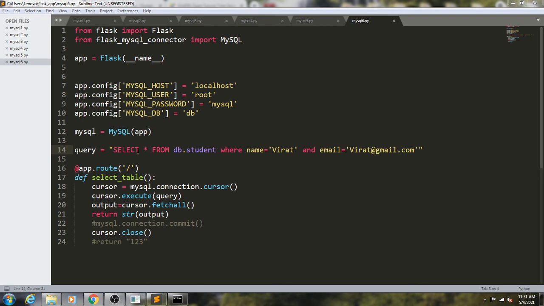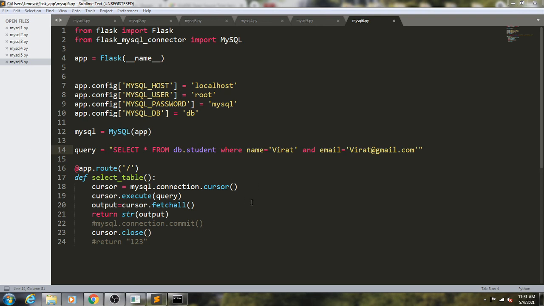In the previous example, we used select star from dbs.student, which gives you all the records. In this example we want some specification, a specific record with a specific name and email ID. So you can use a where clause and the logical operator and.